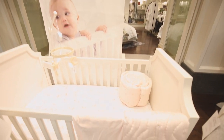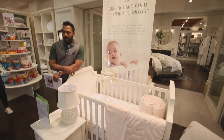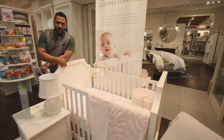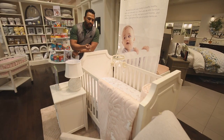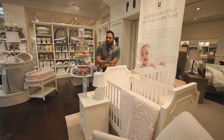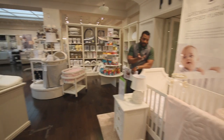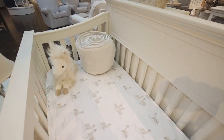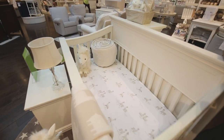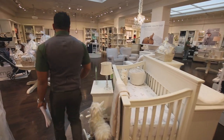So as I spoke about, this time we have a lot of newness in nursery. If you see our Eva crib, it's a lovely new unicorn sheeting which goes with light colors. Again, it can work in your girls' room. If you have an extra crib to do, this is the best thing. Now we are looking at llama sheeting, which is again new for this season. Then we have our old